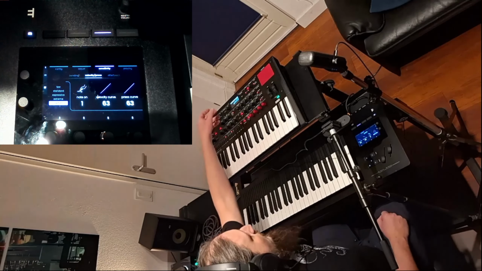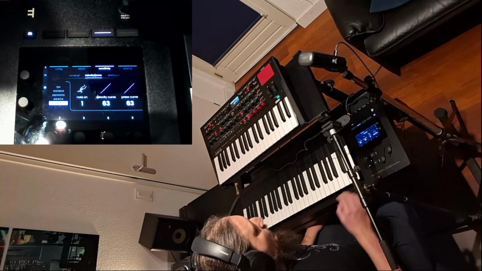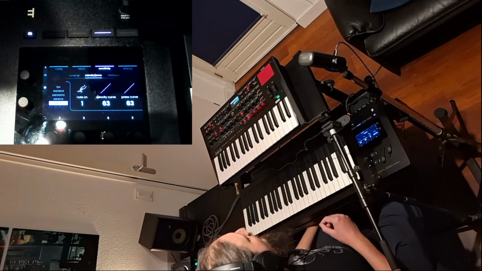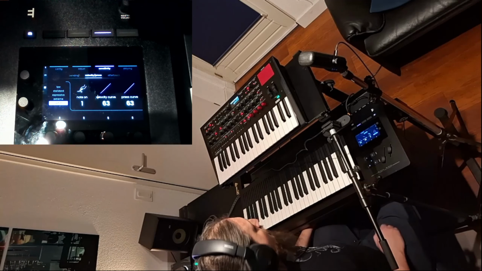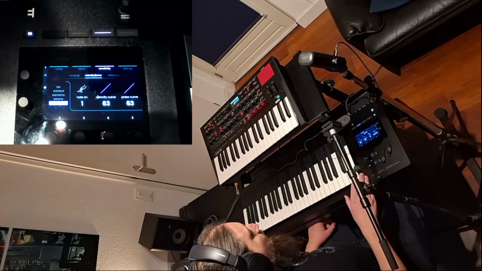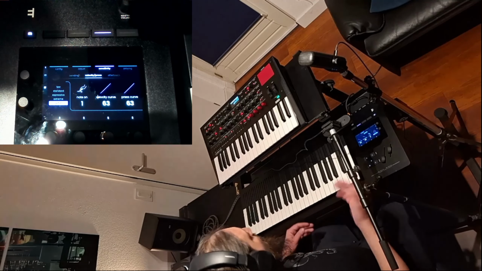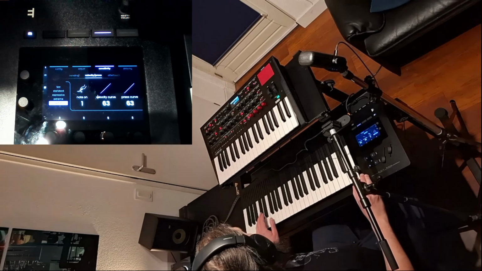So if you set the cutoff really low and then the pressure touch to control your cutoff, you barely will get any sound if you just touch it very lightly, so you can trigger the other layer without hearing the first layer. So that's pretty nice if you want to do it. So if you just want to play the second layer,